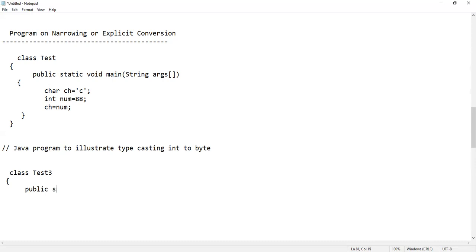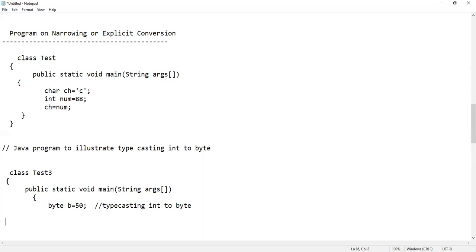Public static void main, string arguments. Okay, so open curly braces, and here byte b is equal to 50. Okay, this is typecasting into byte.